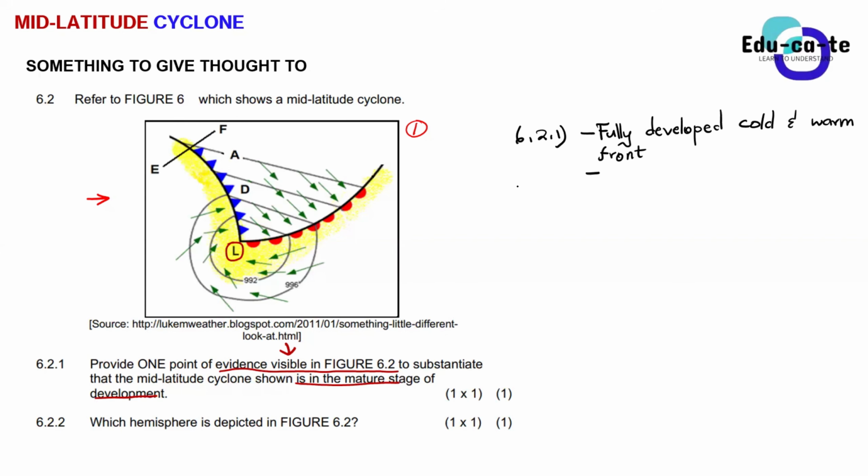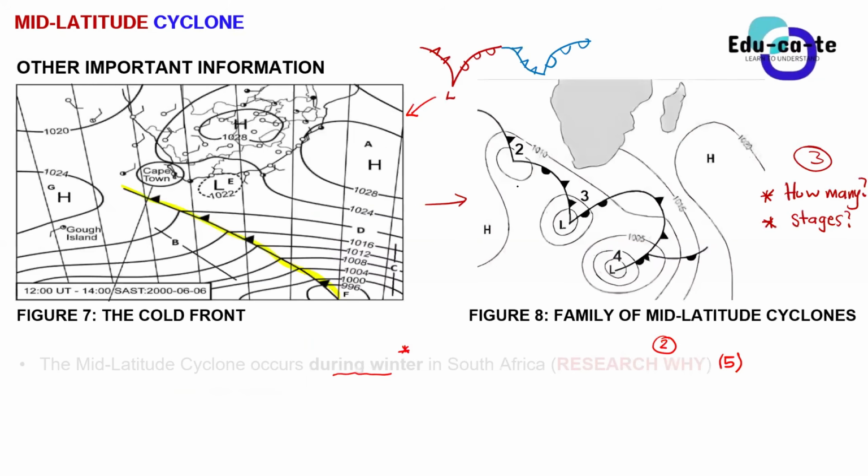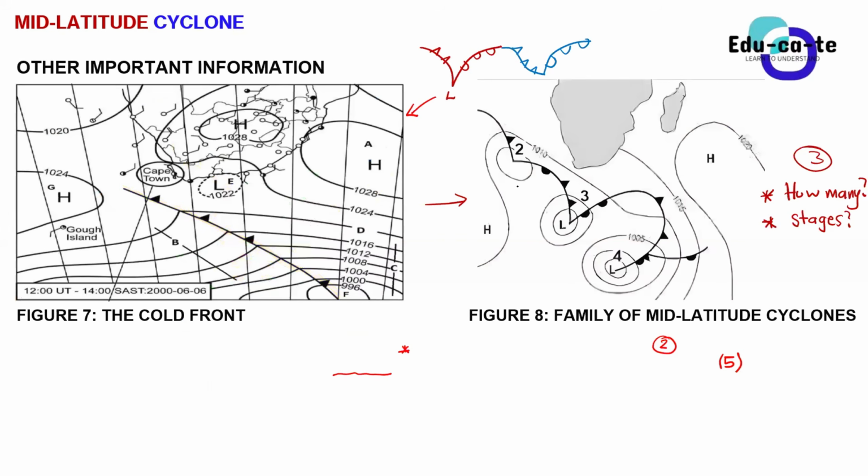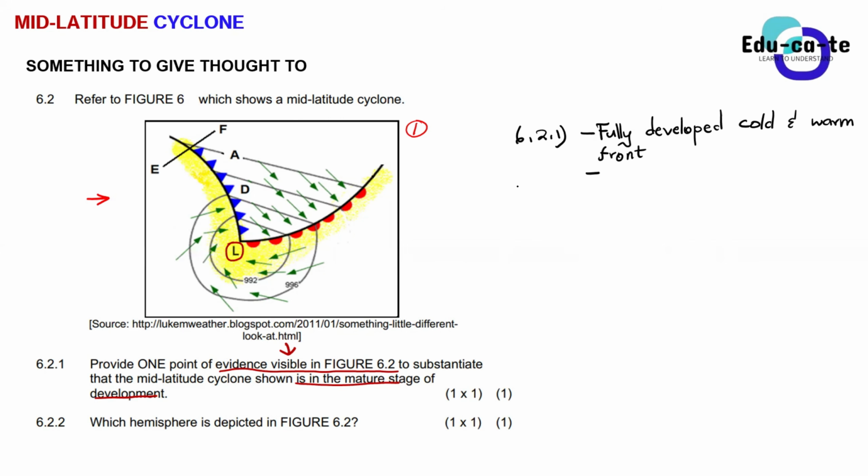Okay, that's incorrect, unfortunately. That is why, guys, I gave you a task at the end to research the different diagrams used to describe the mid-latitude cyclone. This one is a top view. It's as if you are looking at the mid-latitude cyclone from the top. So that air is just circulating at the surface, it is not really rising to the upper atmosphere.